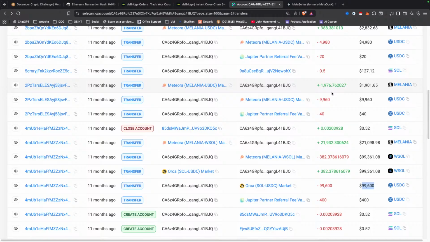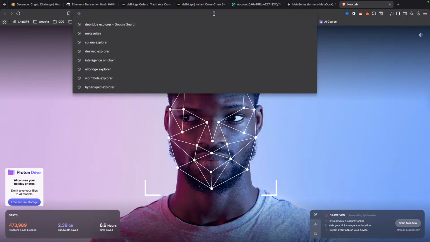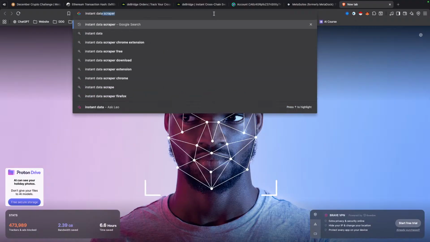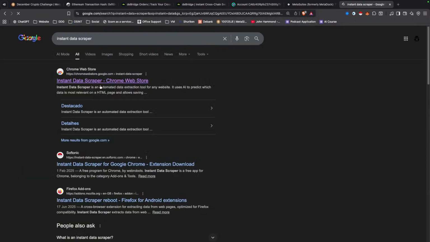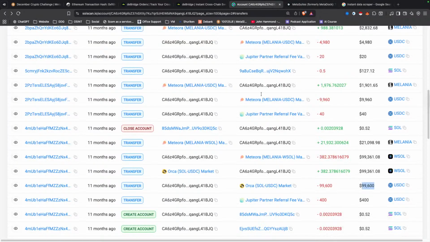One tool that I recommend people to use to scrape this data is a tool called Instant Data Scraper. You can just Google it. It's available on the Chrome Web Store, and it's this little Pokeball here. No idea how they've got away with it. You would start that and tell it what you want to scrape, and it will scrape anything that's on your screen.